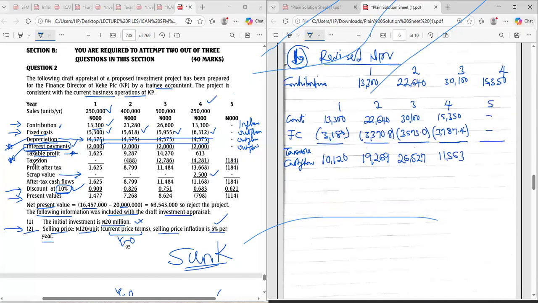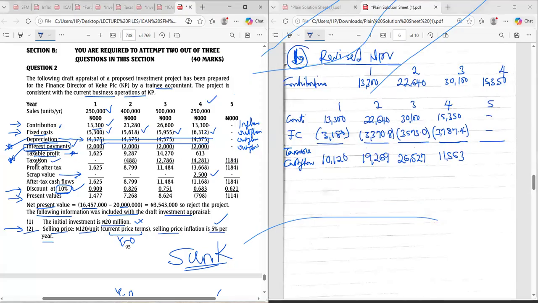Any question? Okay. So after our taxable profit, what's the next thing? Tax, abi. We don't have any other thing. There we have tax, profit before tax. You know, this profit before tax is a derived figure. You know the meaning of derived figure. We get them as answer. 7 minus 3 is what? 4. 4 is a derived figure.